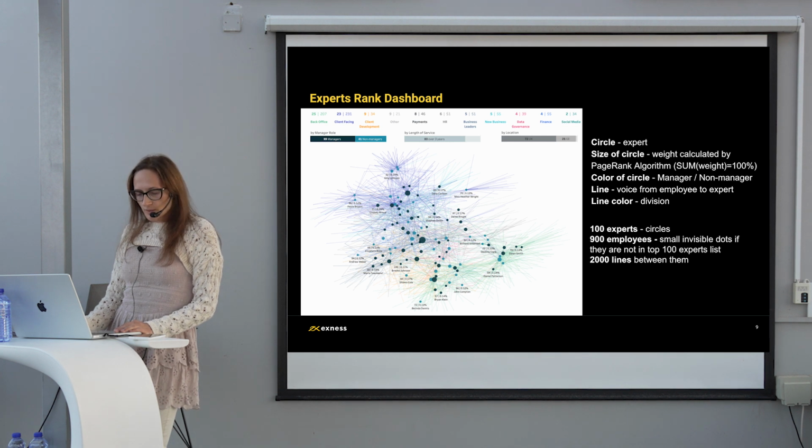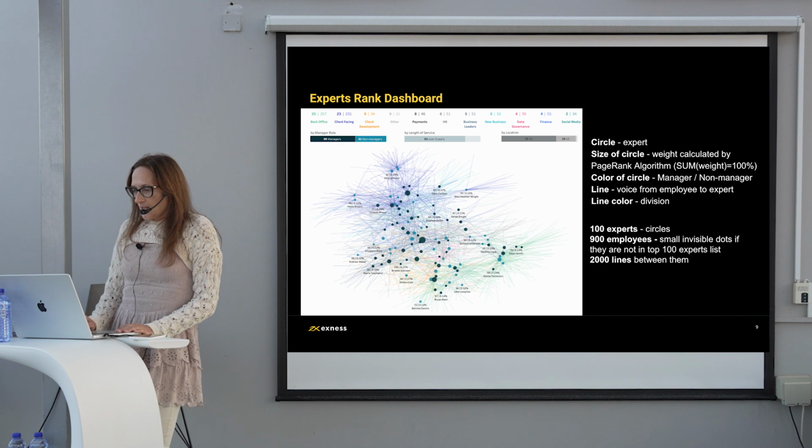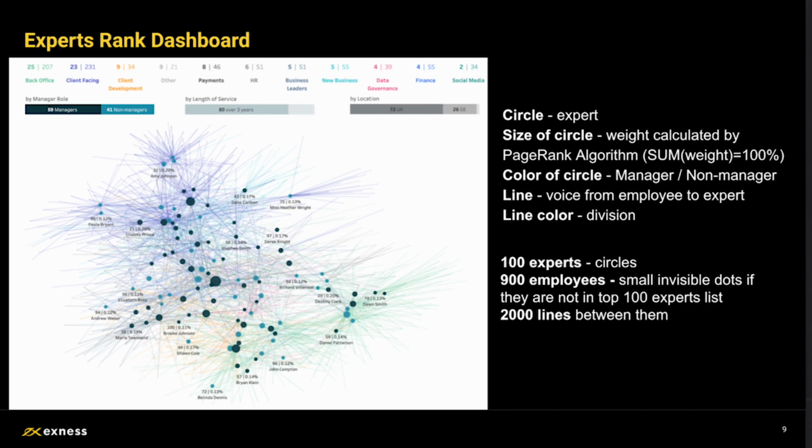So we are going to build a dashboard like this, and I will quickly explain how to read it. Here, the circles are our experts that were chosen by our employees. The size of a circle is the weight calculated by the PageRank algorithm, and the sum of all weights is equal to 100% of all employees who participated in this survey.